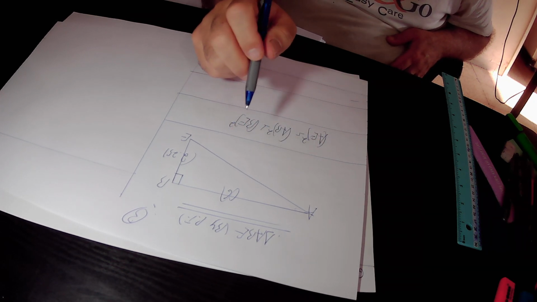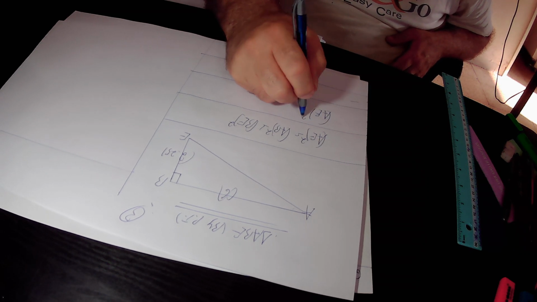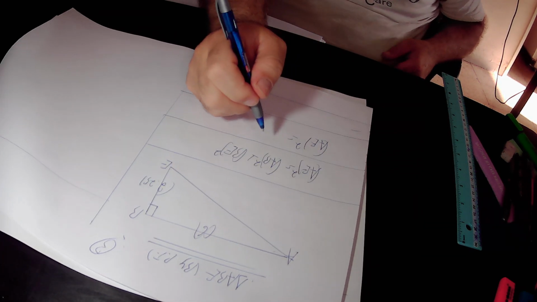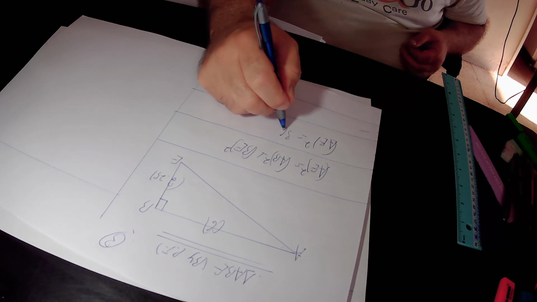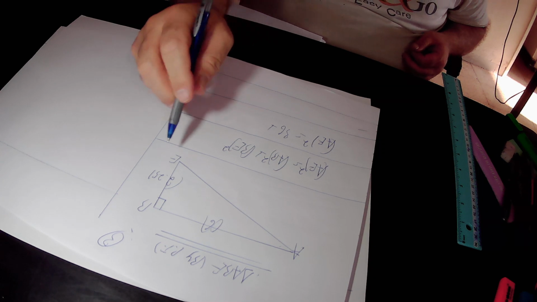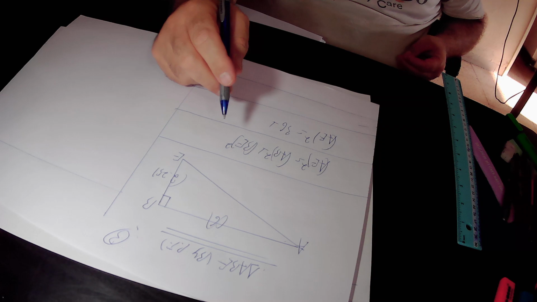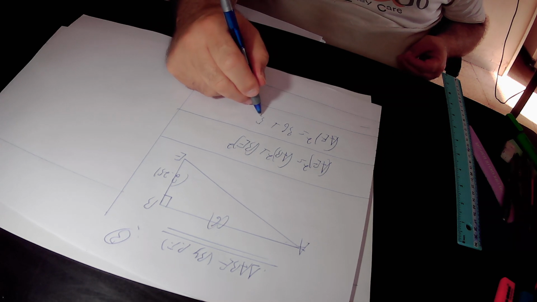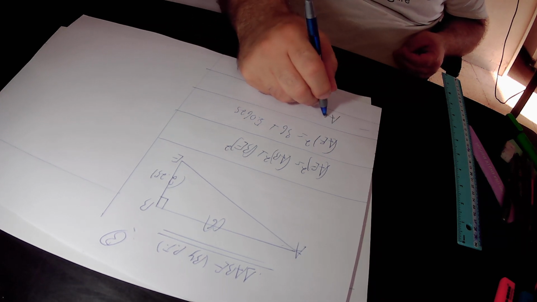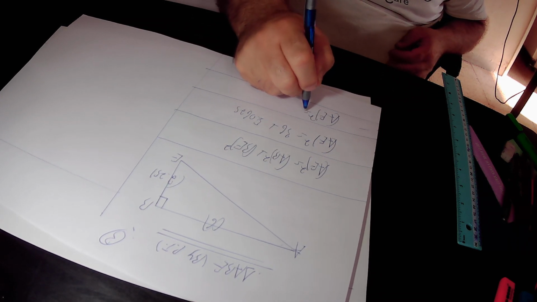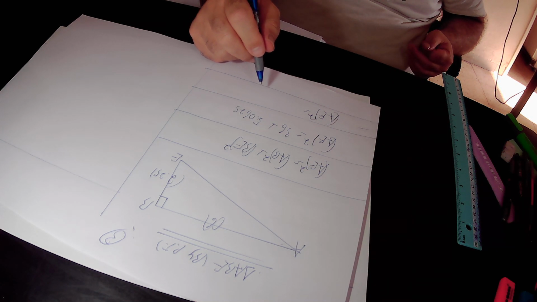AE is the missing side, so we leave it as it is. AE square equals to AB square. AB is 6, therefore AB square is 6 squared, that is 36, plus BE square. BE is 2.25, therefore BE square is 2.25 square. That is equals to 5.0625. So in total, AE square equals to 36 plus 5.0625, that is actually equals to